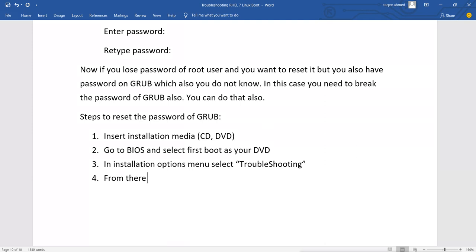From there you will select rescue installation. You will select rescue installation.